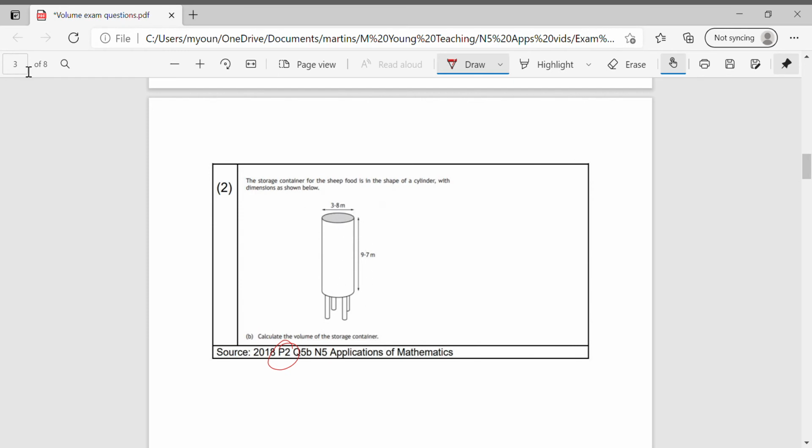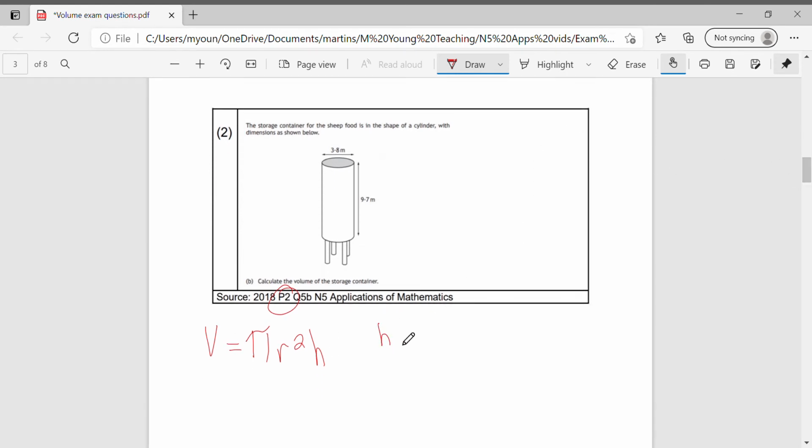So we're just working out the volume of a cylinder again, which is pi r squared h. As I say, maybe part A had something to do with the legs, but from the question we're given, that's all we need to work out. So let's make sure I've got everything. The height was 9.7